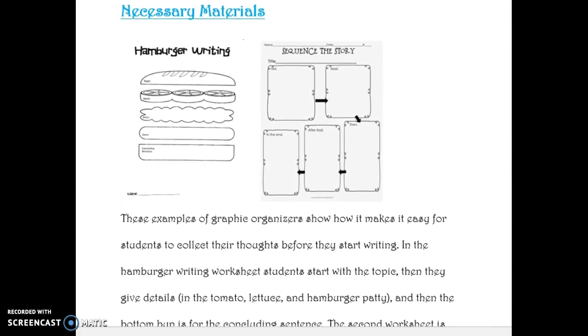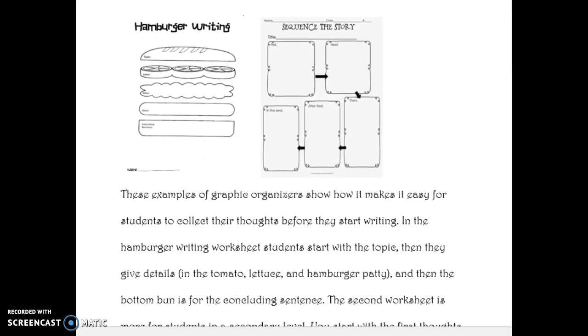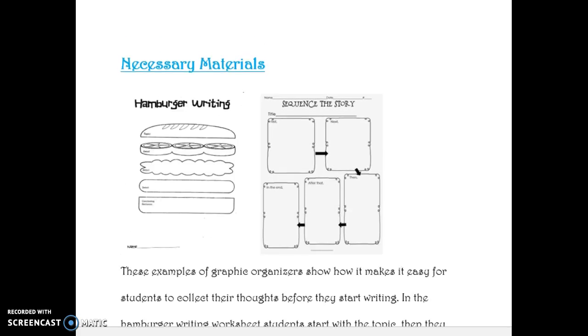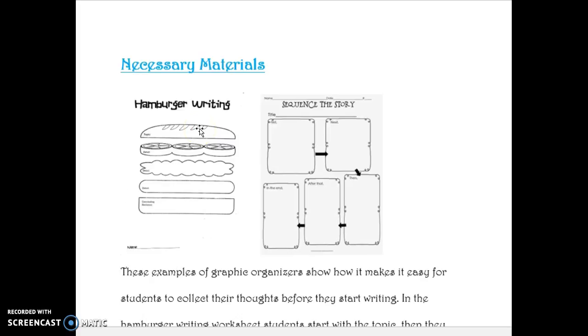Necessary materials. These are examples of graphic organizers. It makes it easier for students to collect their thoughts before they start writing. In the hamburger writing worksheet, students start with the topic, then they give details. It shows here's the topic, and then it goes down through the different details in the toppings of the hamburger, and then the patty is also a detail, and then at the bottom it's a concluding